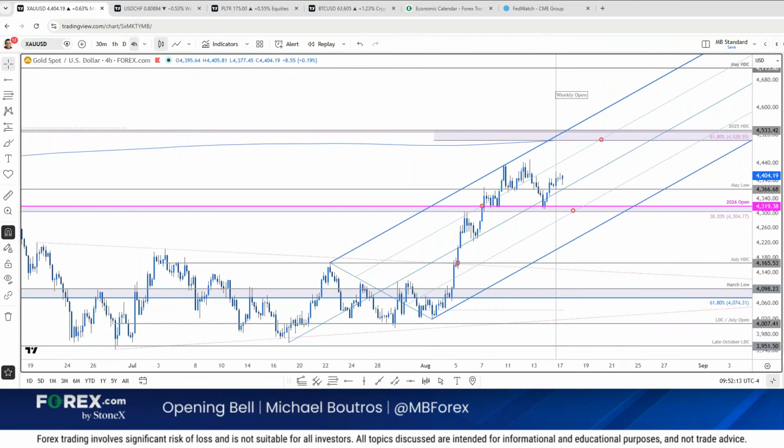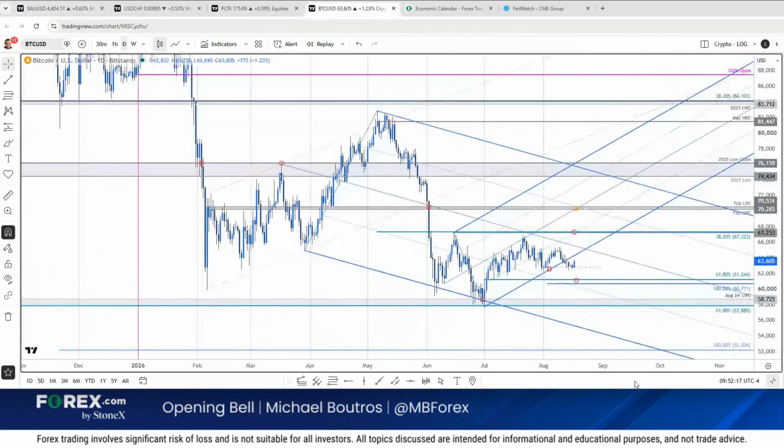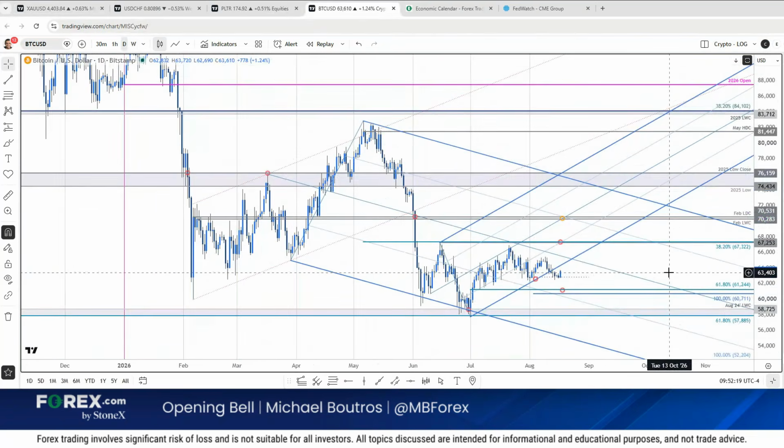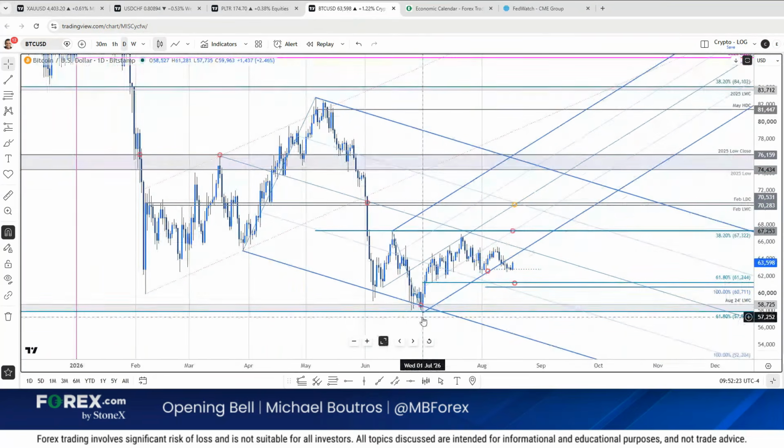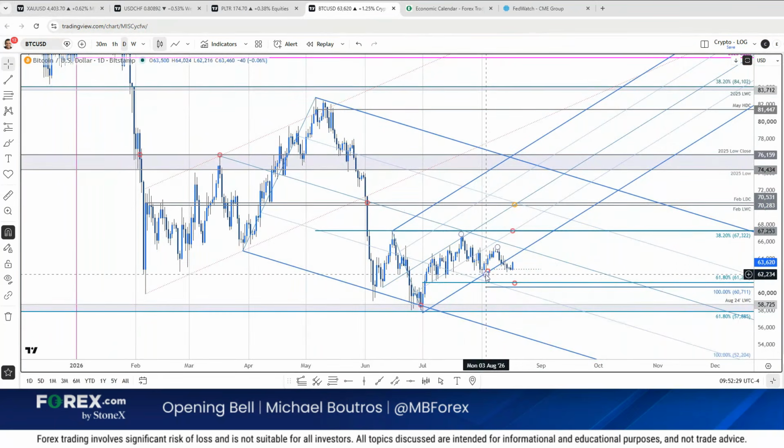All right. Last but not least, I guess just a quick update. I was saying this earlier in the last webinar. I don't really know what to do with this on Bitcoin, guys. The slope we were tracking for the last 4 weeks, 5 weeks, broke last week. But the monthly open, the monthly range low, held for the last 5 days. So what do you do with that?